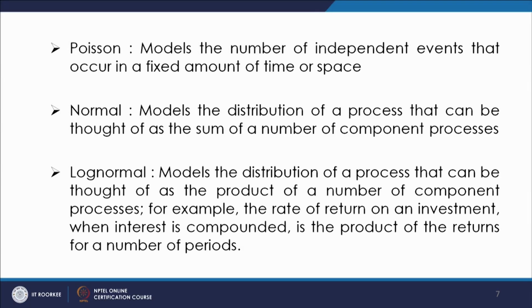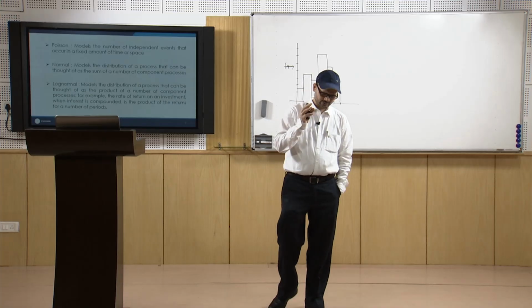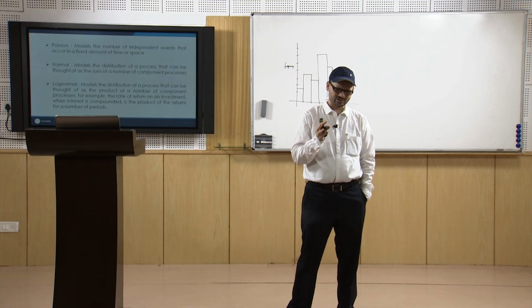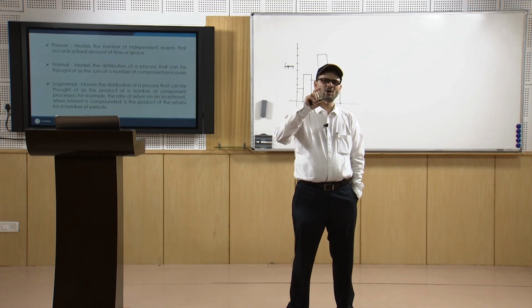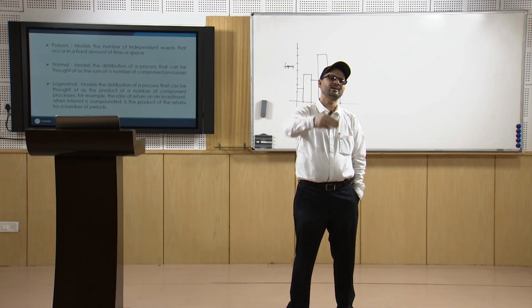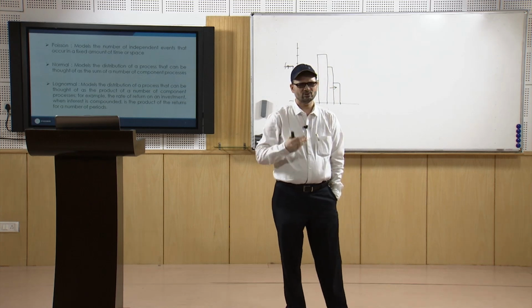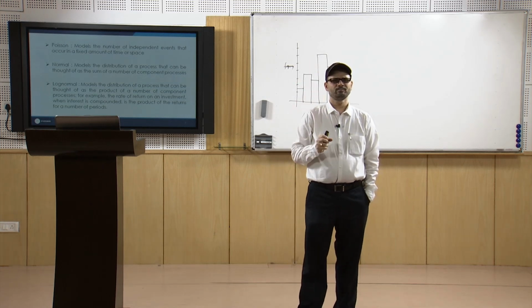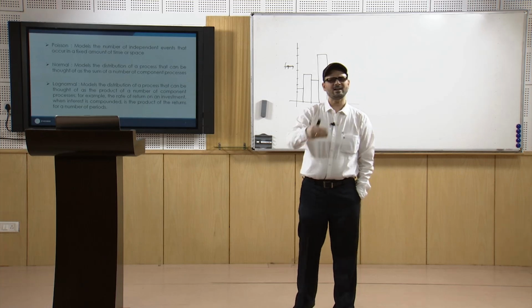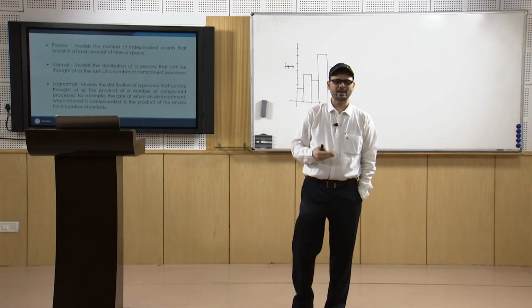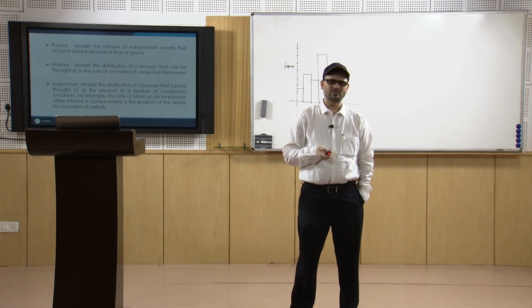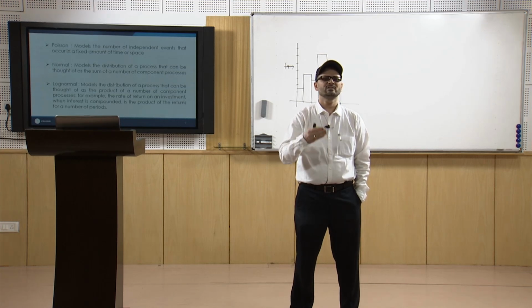Then you have Poisson. As we know, the Poisson distribution models the number of independent events that occur in a fixed amount of time or space. As we have seen with Poisson arrivals, it tells us how many arrivals we will have in unit time, so the number of arrivals in a certain interval of time. If we have this kind of case, we can say it will be related to a Poisson kind of